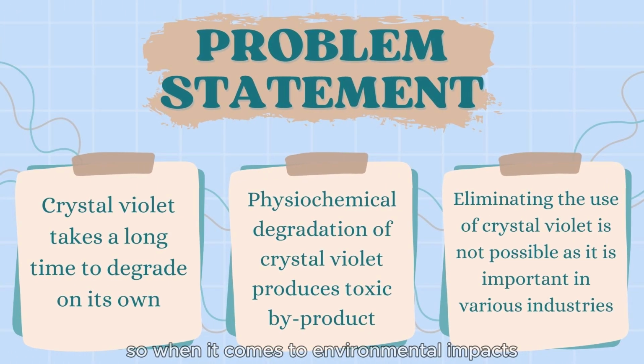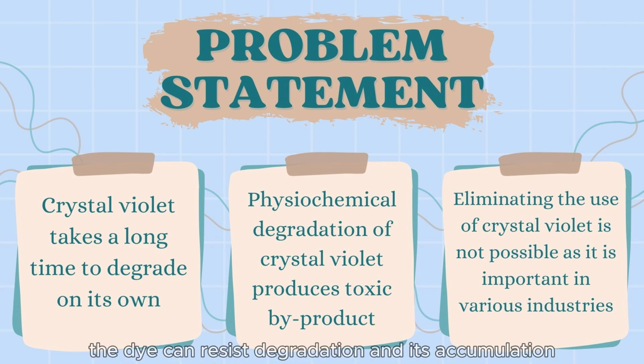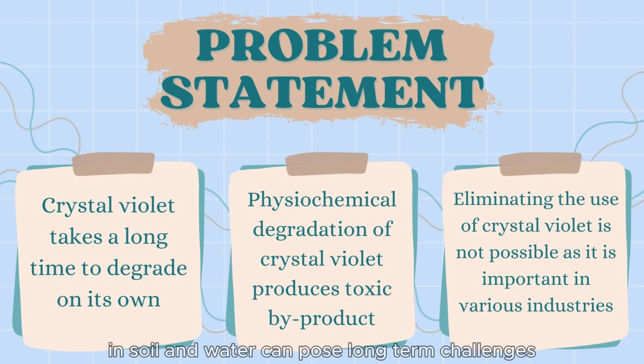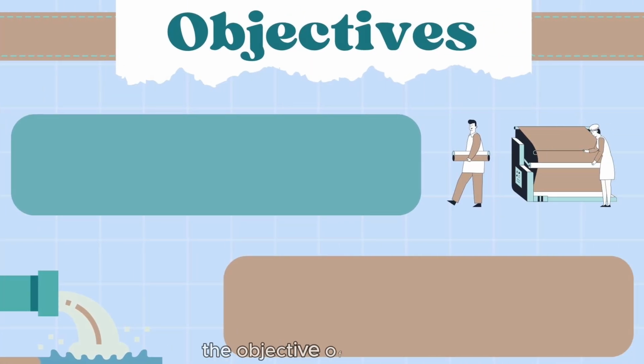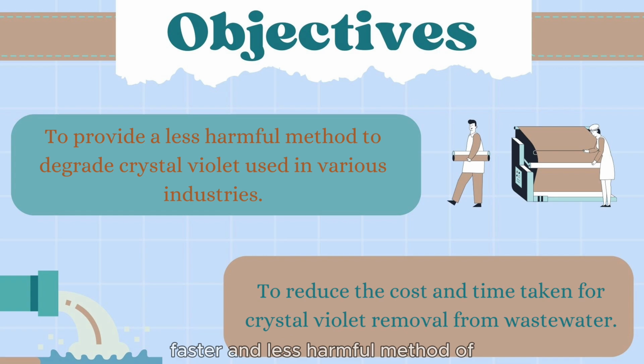So, when it comes to environmental impacts, it is known to have toxic effects on aquatic ecosystems and potential impacts on the food chain. The dye can resist degradation, and its accumulation in soil and water can pose long term challenges. The objective of this innovation is to provide a cheaper, faster, and less harmful method of removing crystal violet